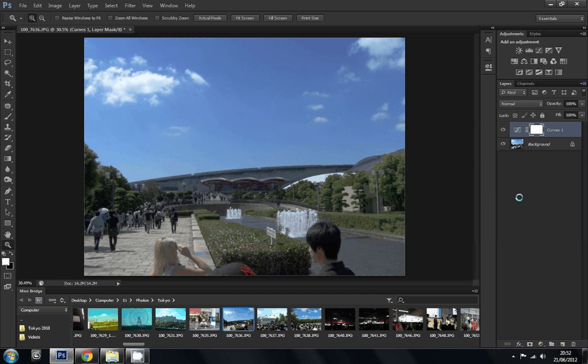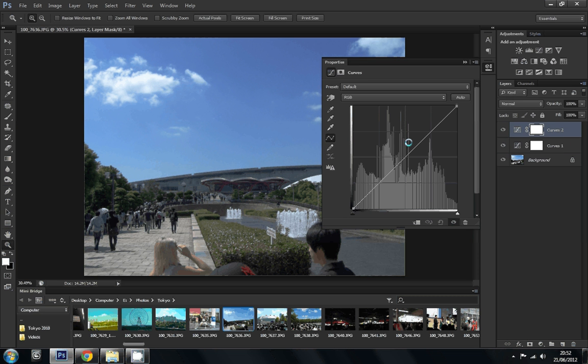Okay, another thing that you can do using curves is adjust the colours so you can give it a vintage feel. Okay, like in the apps Instagram on iPhone and Android phones. So to do that, what I'm going to do is add another layer of curves on top. Okay, which will open the box again. So what you want to do is, instead of using the RGB option here, you want to individually edit the red, green and blue